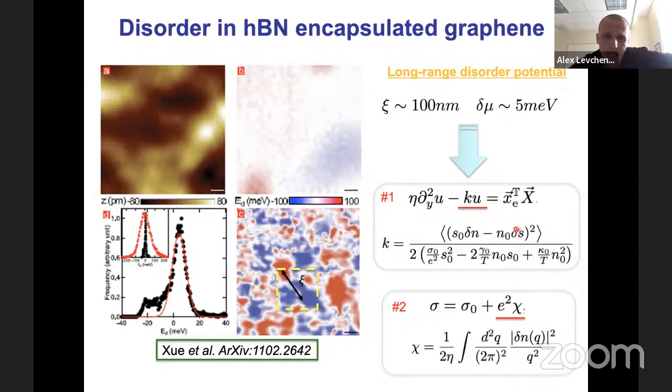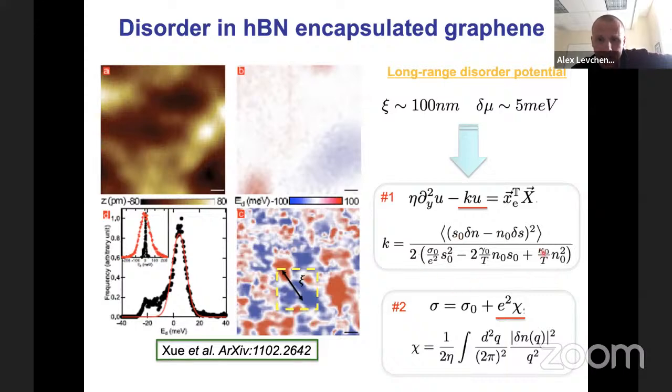First of all, this disorder induces an intrinsic friction. However, unlike the regime of point-like disorder that Guruji himself considered, an effective friction coefficient can be written down as local variations of particle density and entropy density squared, averaged over the system, patches larger than psi, and actually can be expressed through the entire matrix of thermoelectric coefficients.